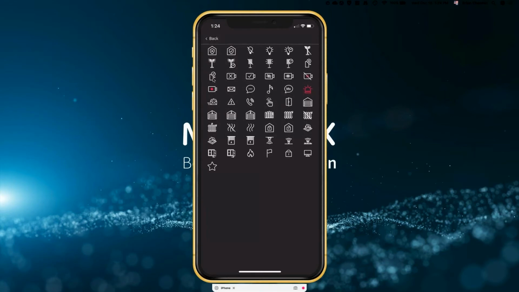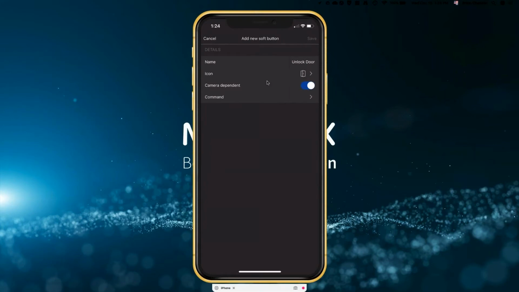I almost could do that one too. It looks like a doorway with a check, but just go ahead and pick one that might help you associate what that soft button is for. So I'm going to go ahead and pick the door opening up. I've highlighted that. Then you'll just hit the back button. So there's the door. Is it camera dependent?